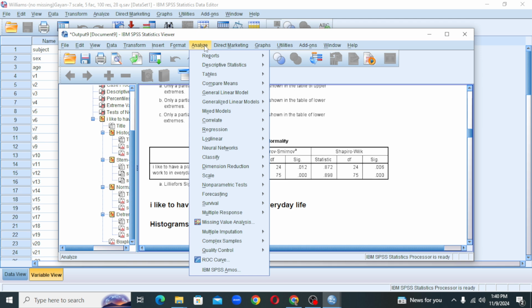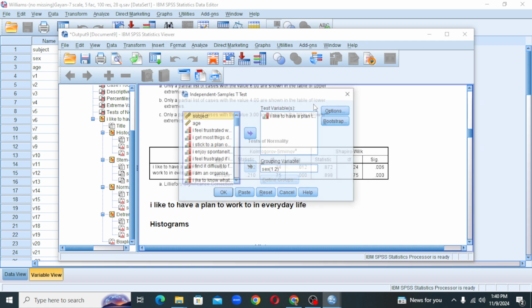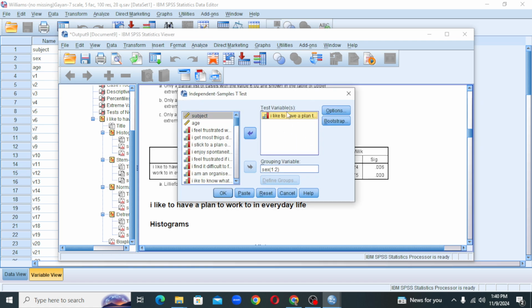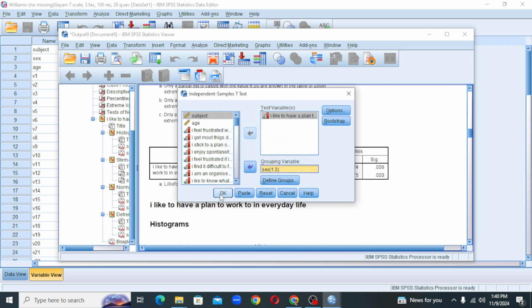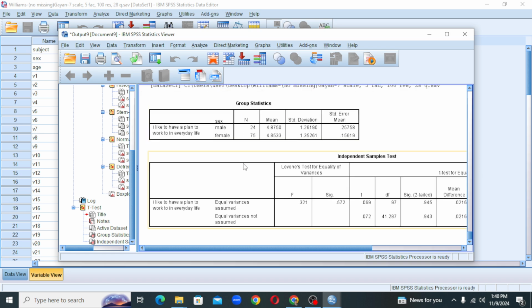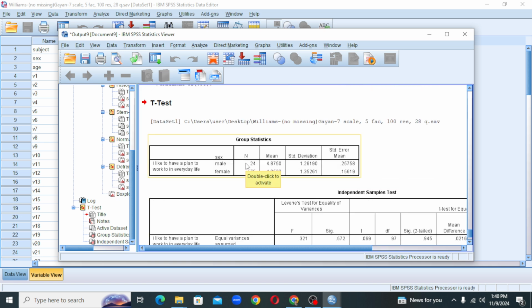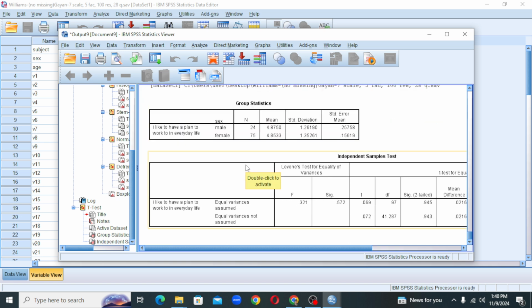For that we will be selecting Analyze, Compare Means, Independent Samples T-Test, and here we will be selecting this one, and we will be getting the grouping variable, which is gender, and we have to give group numbers, that is 1 and 2, 1 for males, 2 for females, and we will do Continue. After defining groups we have to continue. Then in this output,